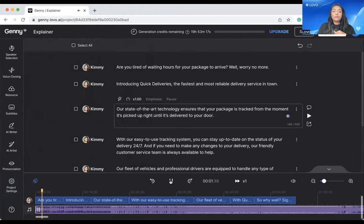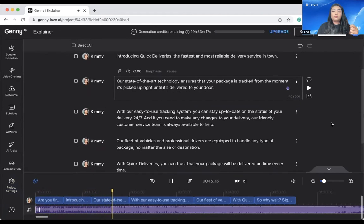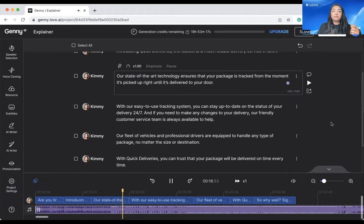Are you tired of waiting hours for your package to arrive? Well, worry no more. Introducing Quick Deliveries, the fastest and most reliable delivery service in town. Our state-of-the-art technology ensures that your package is tracked from the moment it's picked up right until it's delivered to your door. With our easy-to-use tracking system, you can stay up to date on the status of your delivery